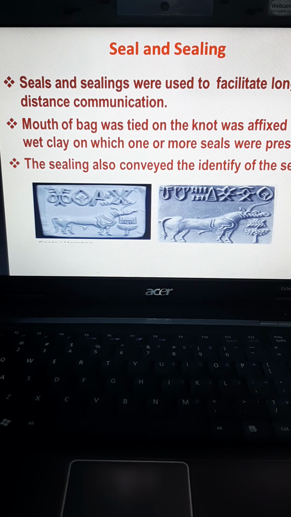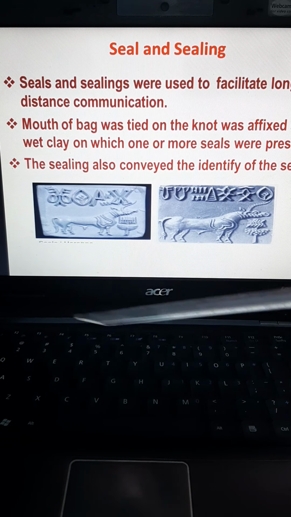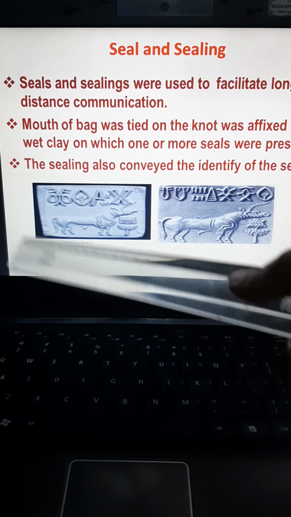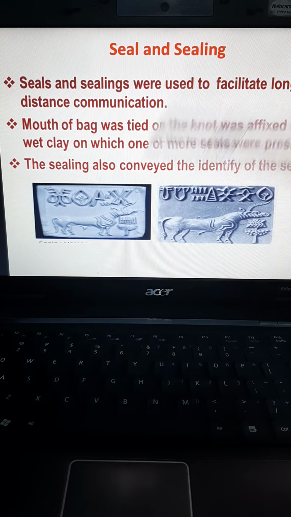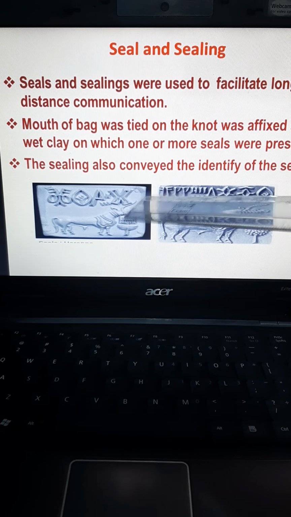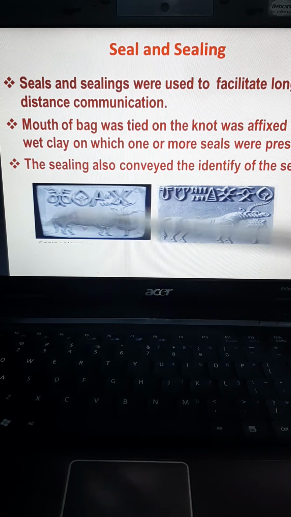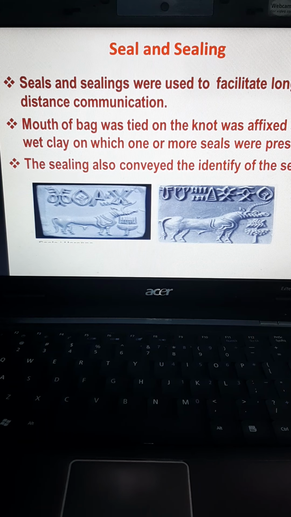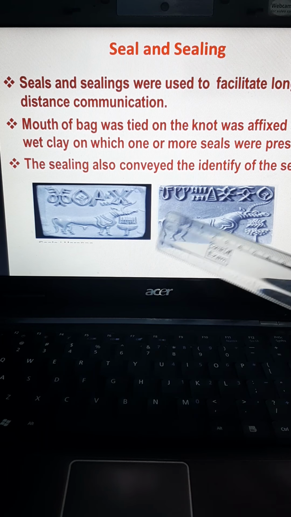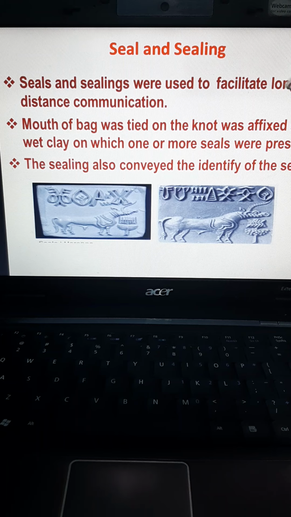The particular picture which was there in the seal will be placed upon that wet clay, and when it goes to the person whom we are sending it to, by seeing that, that person will identify that this packet has come from a particular person. For example, this is ABC company. Clear? I have packed one bag and stitched it. After stitching, I have given a seal, written ABC company, and sent that bag to company B. When company B receives that bag, they will come to know that this bag has come from ABC company by seeing that seal.